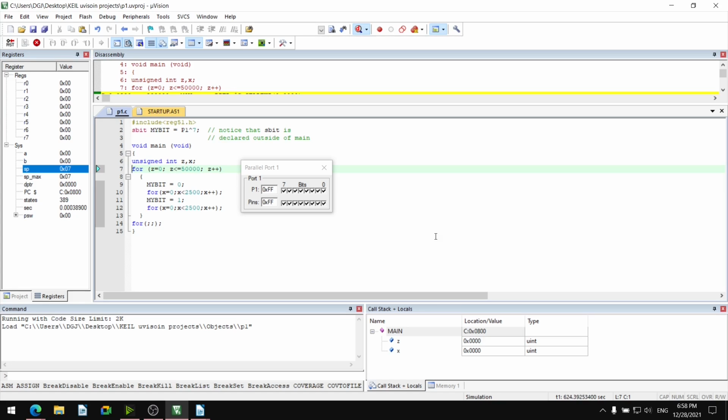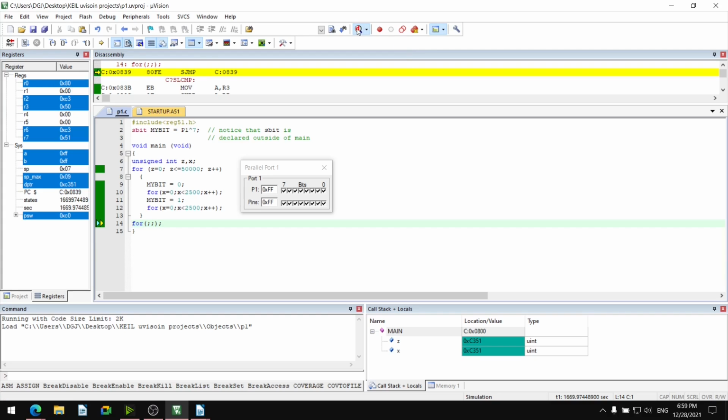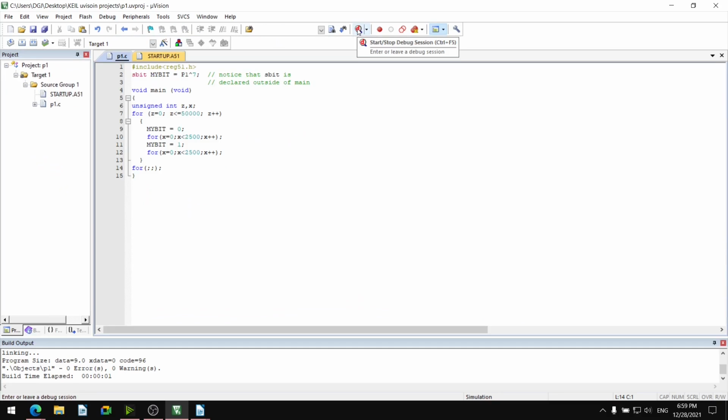P1 hat 7, P1 hat 6, 1.6, P1 hat 5, 1.5, P1 hat 4, P1.4, P1 hat 3, P1.3, P1 hat 2, P1.2, P1 hat 1, P1.1, P1 hat 0, P1.0, and this is stopped. Now I will stop the execution. I will stop the debug session.